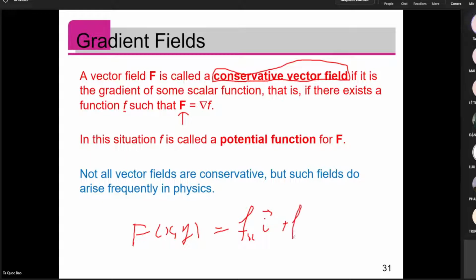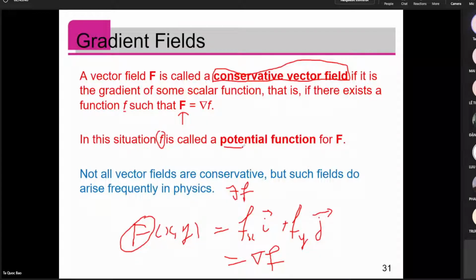f_x i plus f_y j. Then we say that F is a conservative vector field if there exists a function f such that the vector field can be represented by this. So this is exactly the gradient vector of f. Okay. This is true for all x and y. So now in this case, the function f